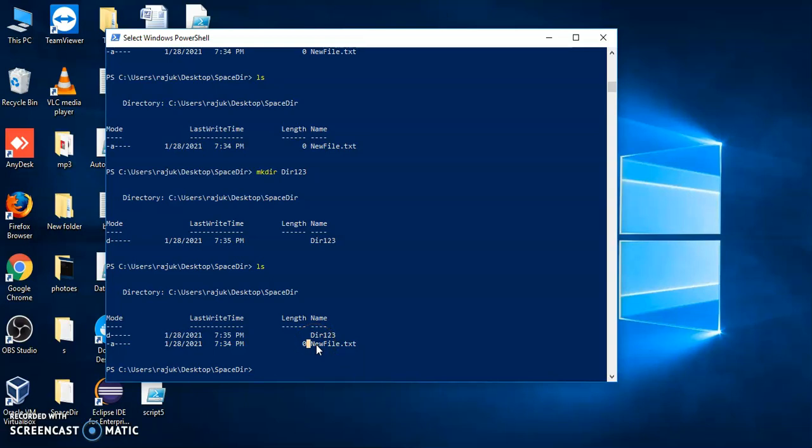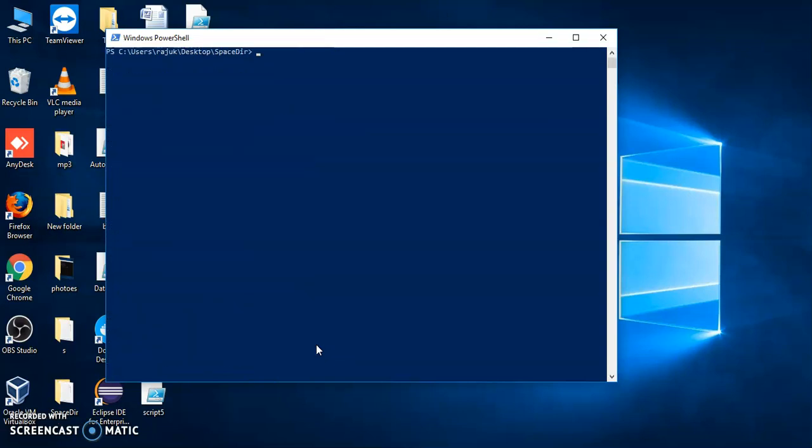Right now, as you can see, we have used many commands. If we want to clear this screen, we have a command cls. cls is a command to clear this screen. After writing this command, we have to hit enter. Now this screen has been cleared.